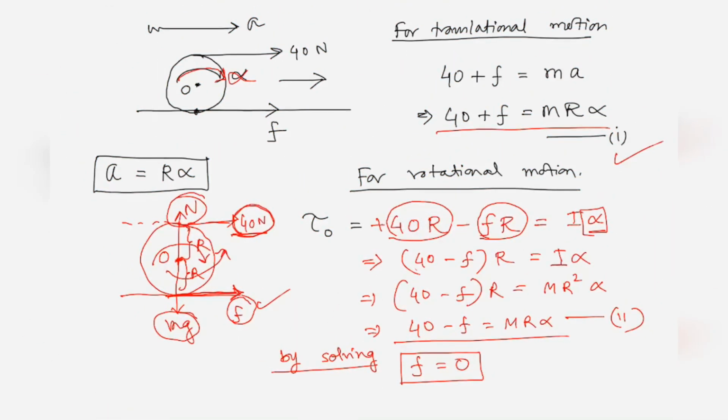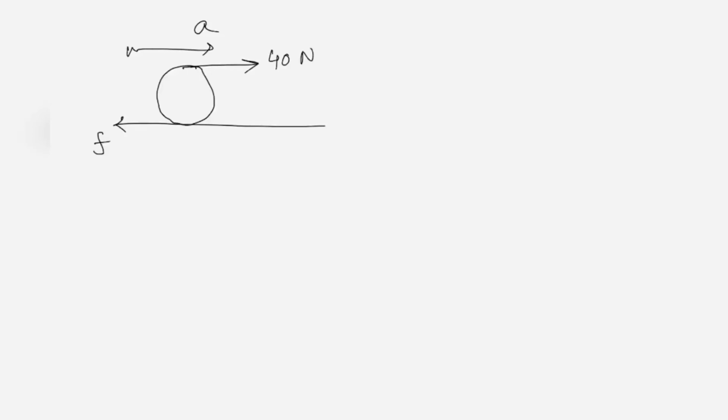Now let's assume that friction is not acting in the forward direction like this diagram, but it is acting in the opposite direction, that is opposite to the direction of motion. Let's draw it again. Then the picture will look like this. Force is acting in the forward direction, 40 Newton, and friction is acting in the backward direction like this. The acceleration of the center of mass is A, and the angular acceleration is alpha